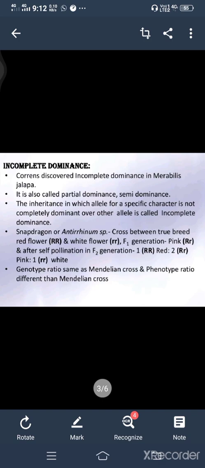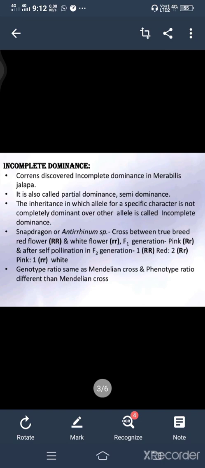In the last class you all know that we had dealt with the law of dominance according to Mendel, which states that when a pair of alleles is in a heterozygous condition, one is dominant and the other is recessive, then always the dominant character expresses itself, whatever it may be, and the recessive character suppresses itself. This was the law of dominance, and it does not occur naturally in all organisms, but there is an exceptional case called incomplete dominance, which occurs only in rare cases of plants and animals.